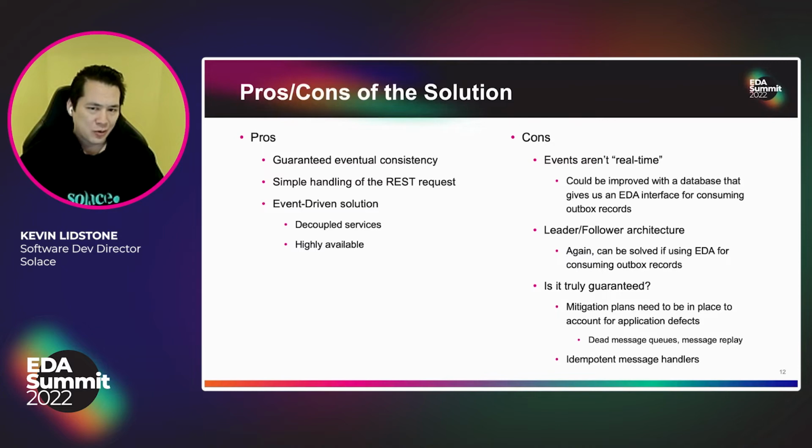Another con is that we don't want multiple instances of the command service sending messages to the query service, because it might start sending the same message. So this is where we take advantage of the leader election that Julian talked about, and we use a leader-follower architecture to send these events, because the scale of the writes isn't to the point where we need horizontal scalability. This is a con that we're willing to live with at this time.